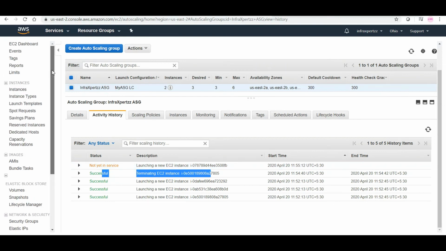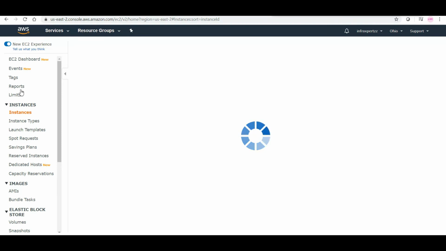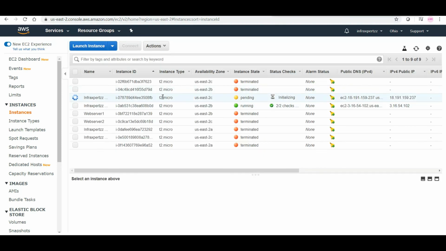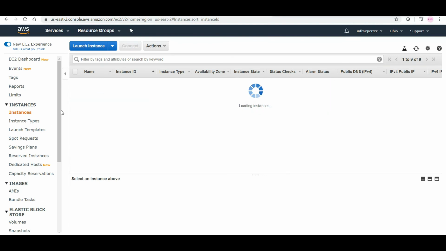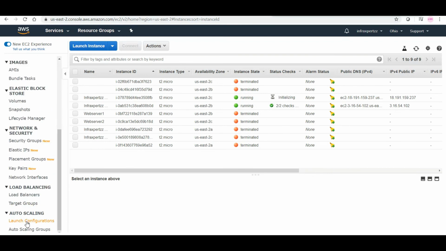So if we go to our instances right now, we can see that the instances are launching. See, currently one of the instances is in pending state, and right now it came to running state. So one more EC2 instance will be launching soon. Let us check our activity history again.